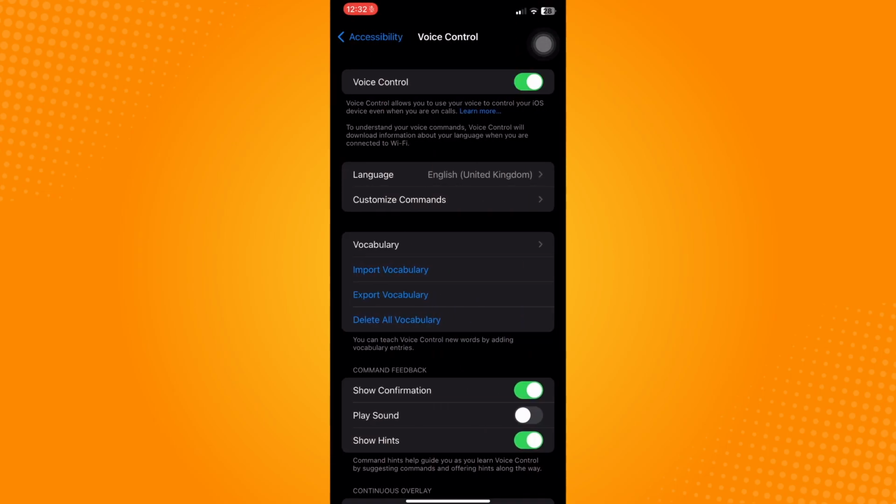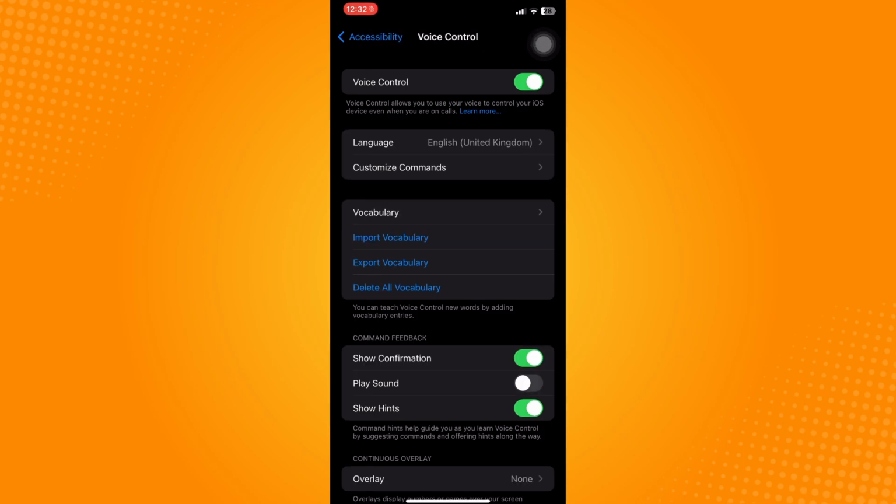Voice control allows you to navigate and control various functions on your iPhone using voice commands. So you can make phone calls, send messages, open applications, adjust settings, browse the internet by speaking the corresponding commands. Voice control allows users to set up custom voice commands for specific actions or tasks. You can create personalized phrases to perform tasks such as launching apps, activating Siri, or executing certain functions within an